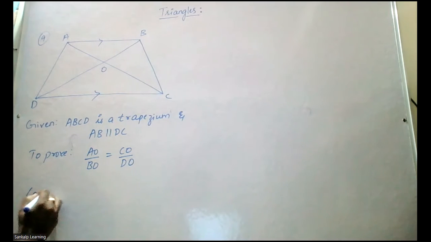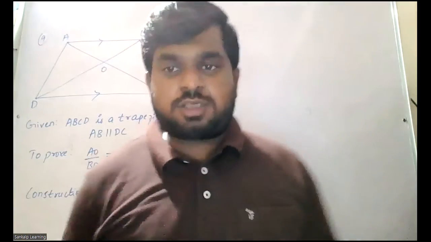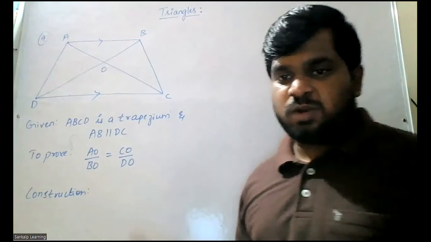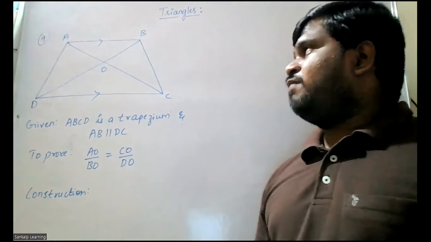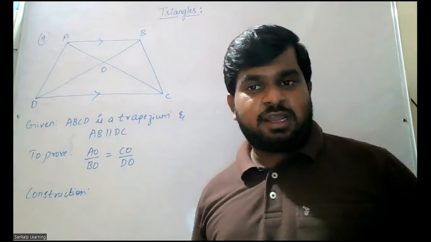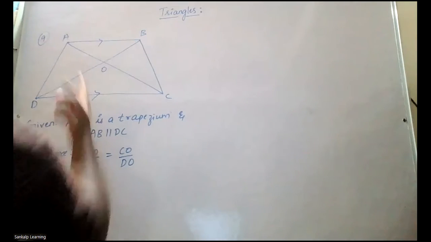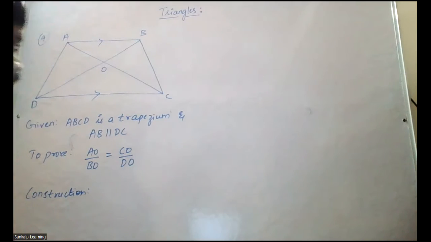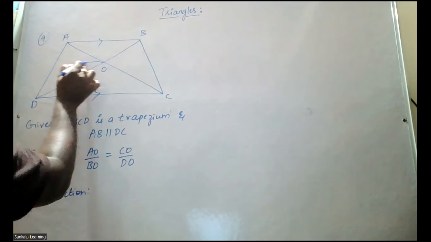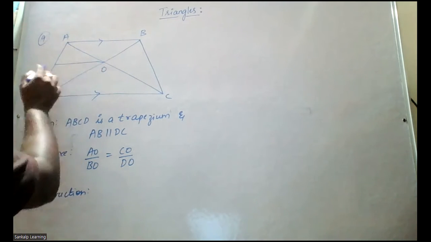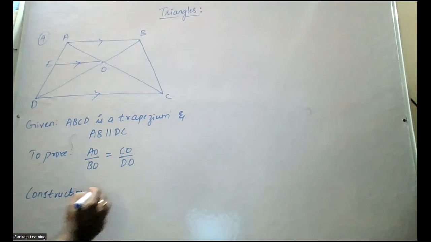Okay. Now, let's make a small construction. Why construction? Because we want to prove the ratios are equal, right? So it should be by BPT or the converse of BPT. Now, if I want to use BPT, I should have a triangle in which there is a line parallel to one side. So you have a triangle here, but is there any line which is parallel to one side of a triangle? No. So I'll make a construction in such a way that I draw a line from O to AD, such that the line is parallel to DC. Okay. So draw